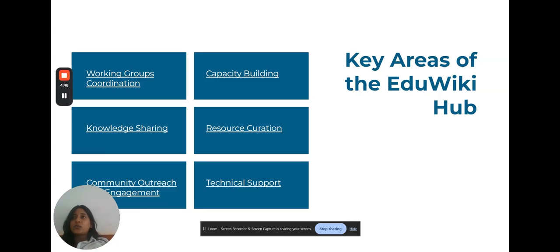Then knowledge sharing. So we have the knowledge forecast. Every one or 2 months we do the knowledge sharing, wherein everyone across the globe, whoever is running any educational program or working in any educational capacity within the Wikipedia space, comes in and shares their knowledge if they've built any new tool or started a new project or a community. This is the place where they can share whatever knowledge is there with a wider community.